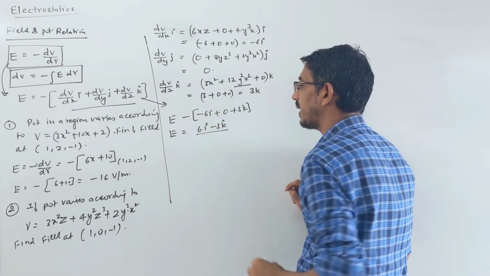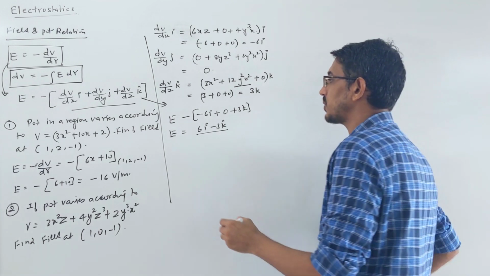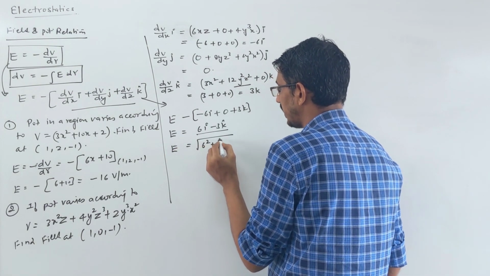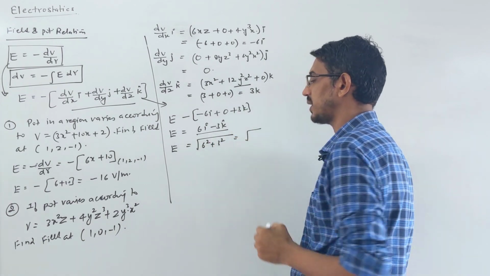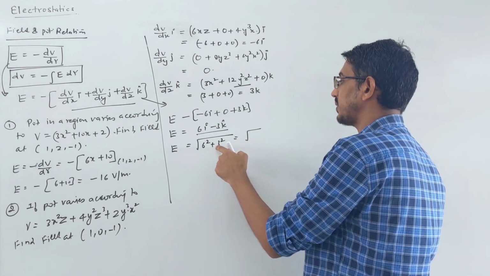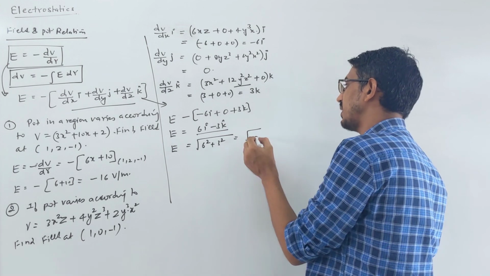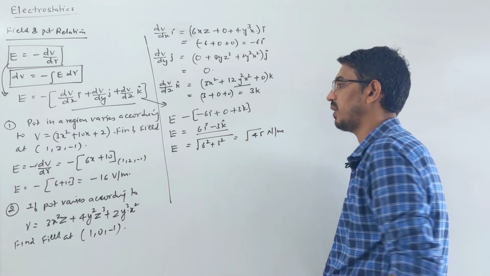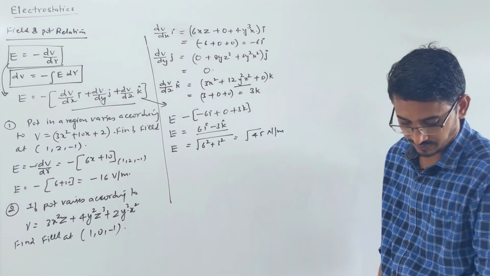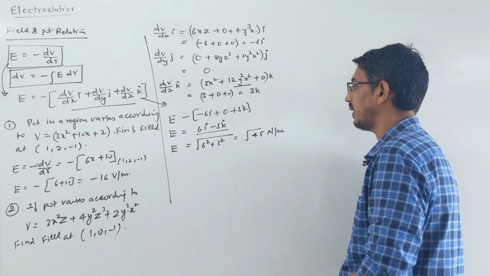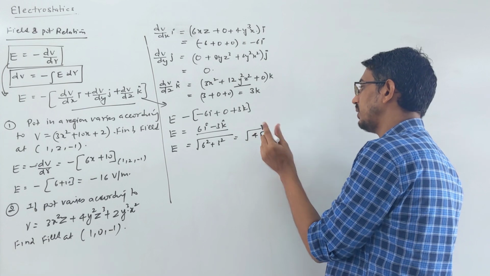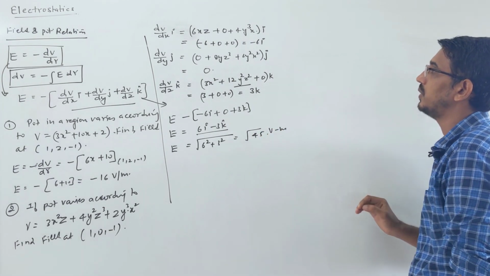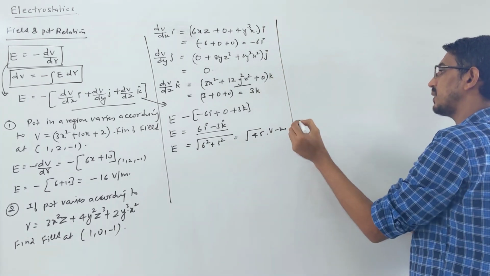Okay, you can write this, or you can write the magnitude also. Magnitude means obviously it will be 6 square plus 3 square, right? So that becomes 36 plus 9, which is 45. Newton per meter. That will be your electric field, okay? Correct. Okay, I wrote a little wrong here, not newtons, you should write volt per meter, okay? Electric field defined.